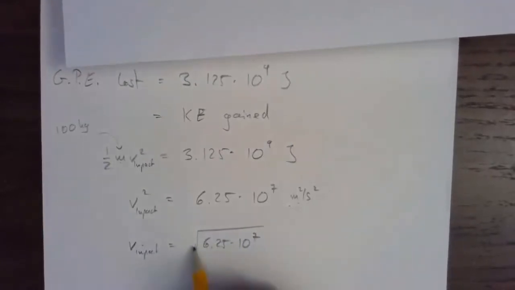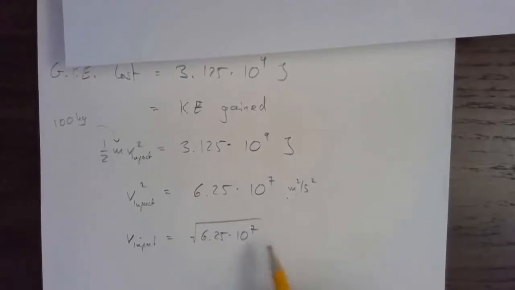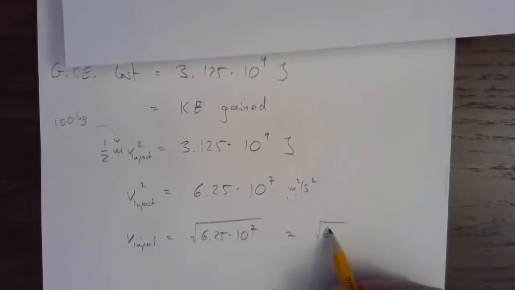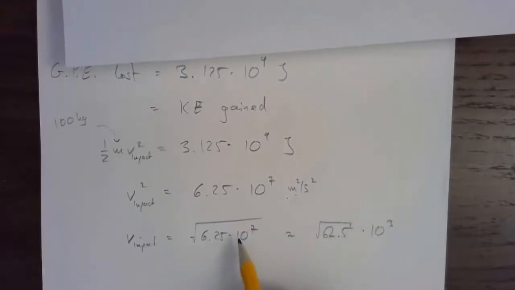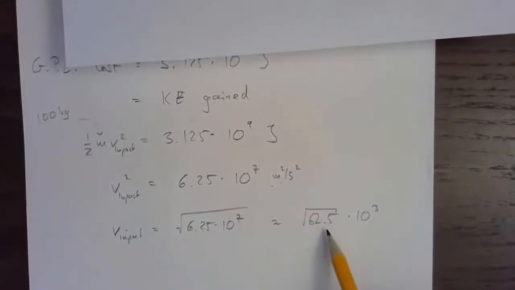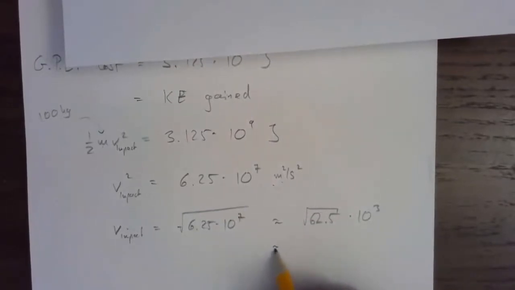Now I'm going to be sort of rough here. This is going to be roughly the square root of 62.5 times 10 to the 6, because 10 to the 7 becomes 10 to the 6 with a 10 left inside, so 62.5. This is just under 8, since the square root of 64 would be 8. Something like 7.9. So this is exact, but that's approximately 7,900